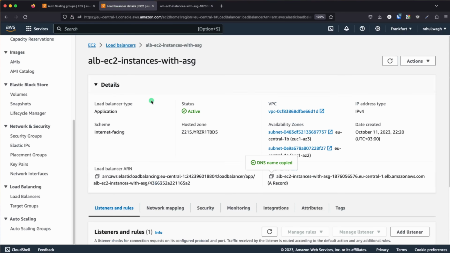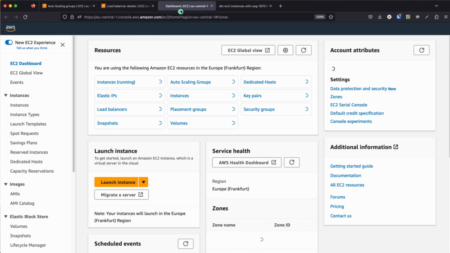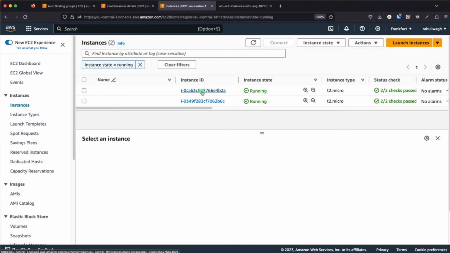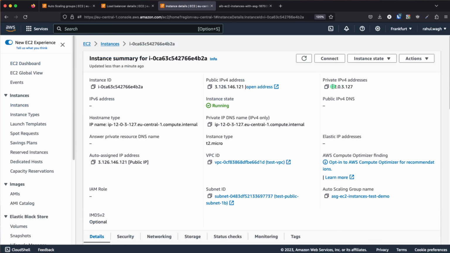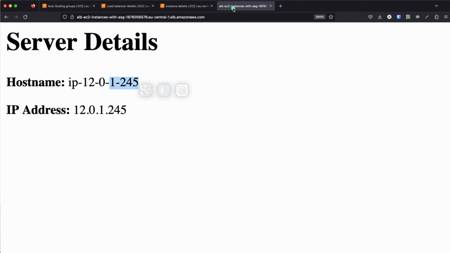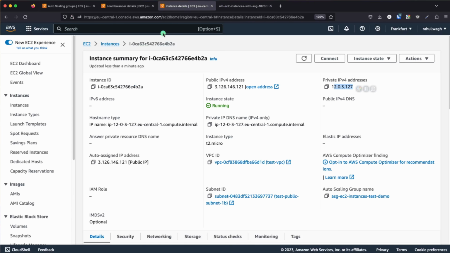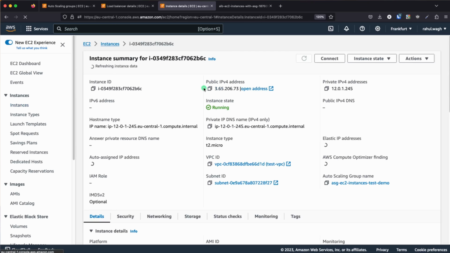And if you go to our EC2 instances, then we can verify the IP address, which is the private. So here you can see it is ending with 3.127. I'm just going to refresh it once. So one request is going to 3.127 and the other instance, this one, so which is